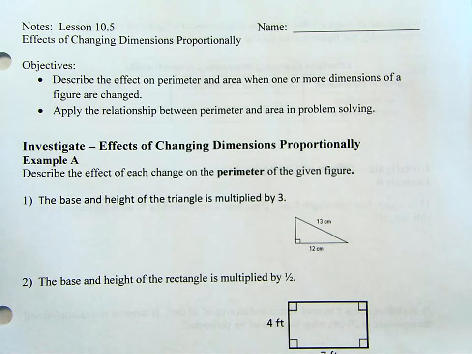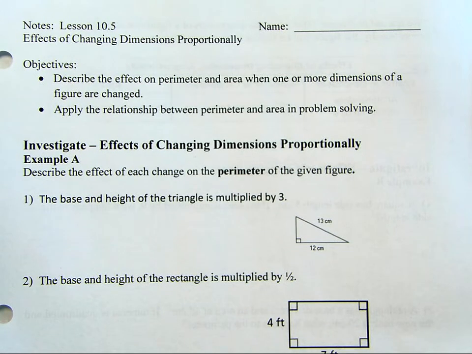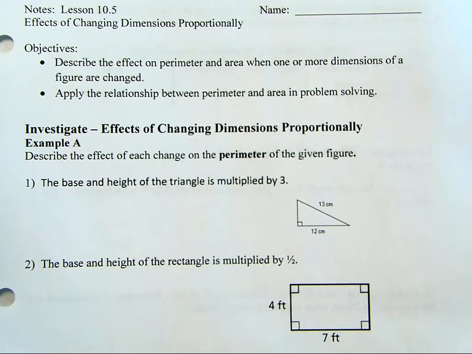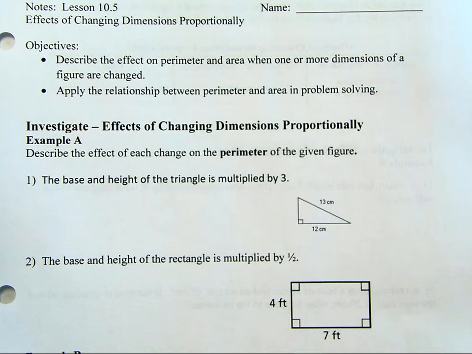Okay, today we're going to talk about lesson 10.5, and 10.5 is going to discuss what happens when you change the dimensions of your figure. What happens to the perimeter and what happens to the area. So we're first going to take a look at example A, and we're going to focus on the perimeter of